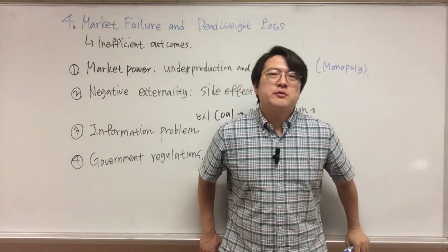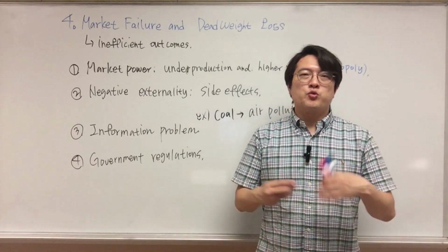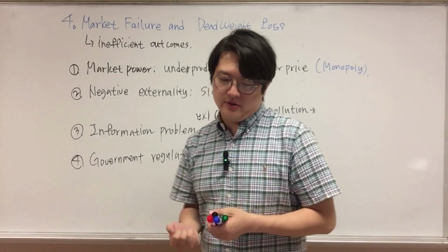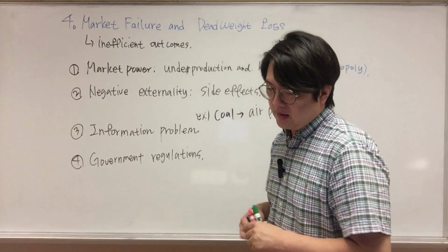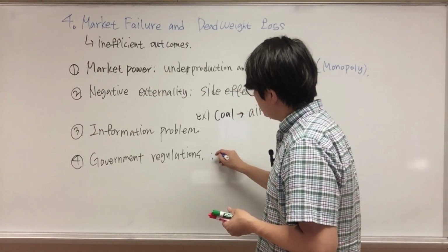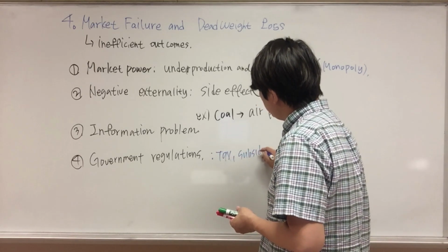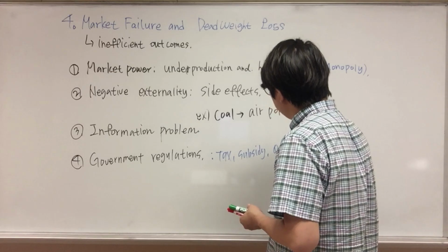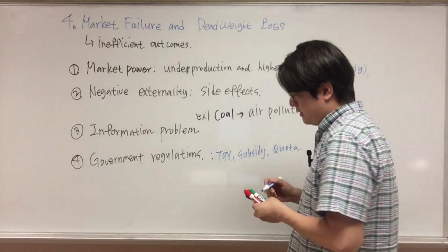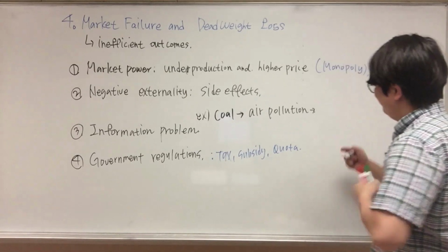So there are quotas for quantity control. Okay, so at this point, we have the deadweight loss. Anyways, government regulations: there's a tax, subsidy, quota, right? If we think about quota in here,